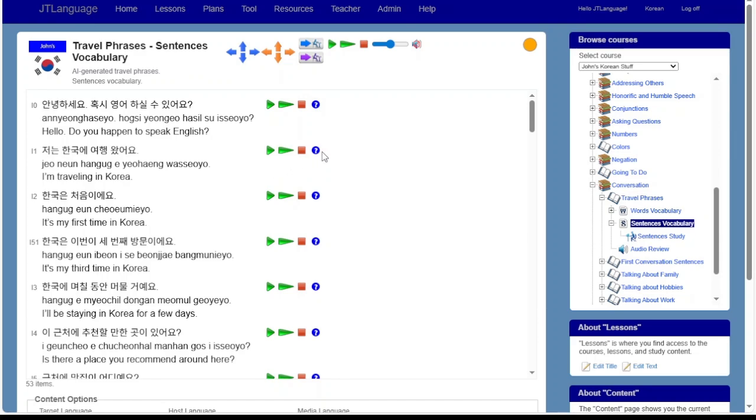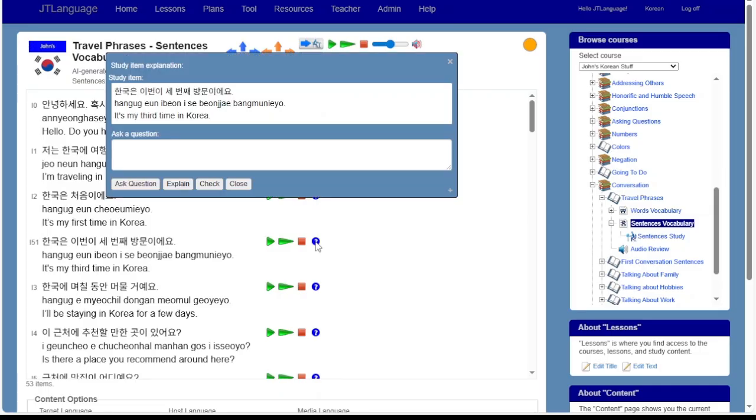And this little question mark item is a new feature in JT Language, the first AI feature that I'll show you. If I click that, it comes up with this pop-up which shows you the study item here in all the languages. And you can ask a question here by typing it into here and then clicking this button. For example,